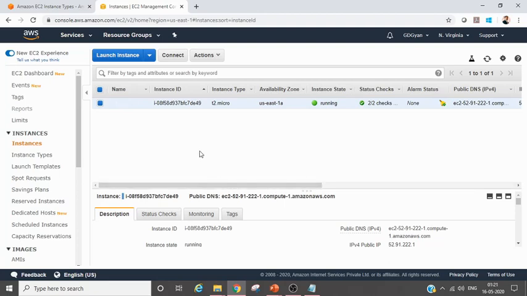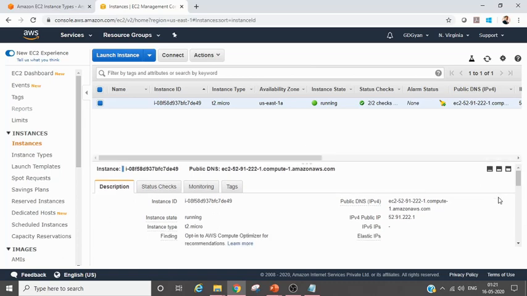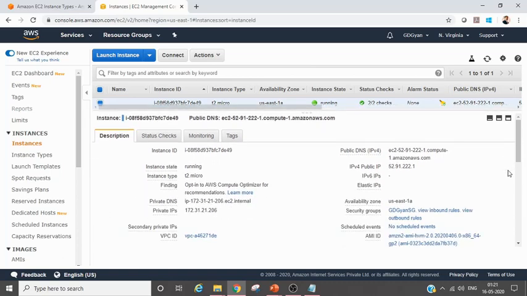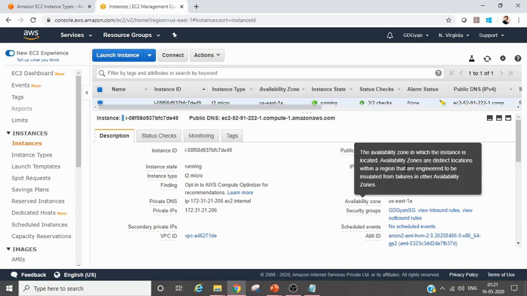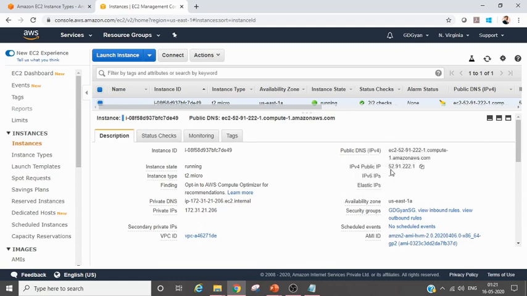Now let's quickly look into each aspect so that we should be able to understand how these things happen, right? So let us click on this one, or a little more so that you can see it full screen. Description. So we have some instance ID, instance type, all this, private DNS is there, private IPs is there. Now come this side, I have the IPv4 public IP. Let's copy this one.